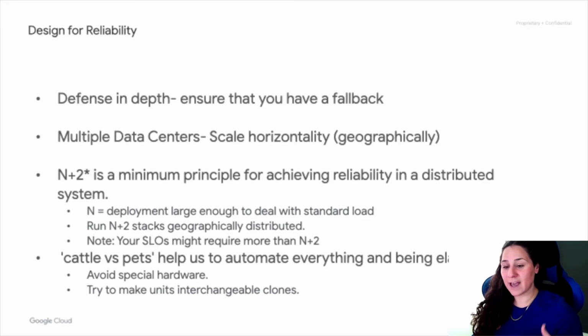N+2 means you have N capacity to serve the request at peak. And then you have +2 instances to allow one instance of the complete system to be unavailable due to unexpected failure, and another to be unavailable due to planned upgrade. Be mindful that important and critical services might require more than just +2, which can increase the cost, but as with a lot of things in architecture, it will be an issue of trade-off and priorities.